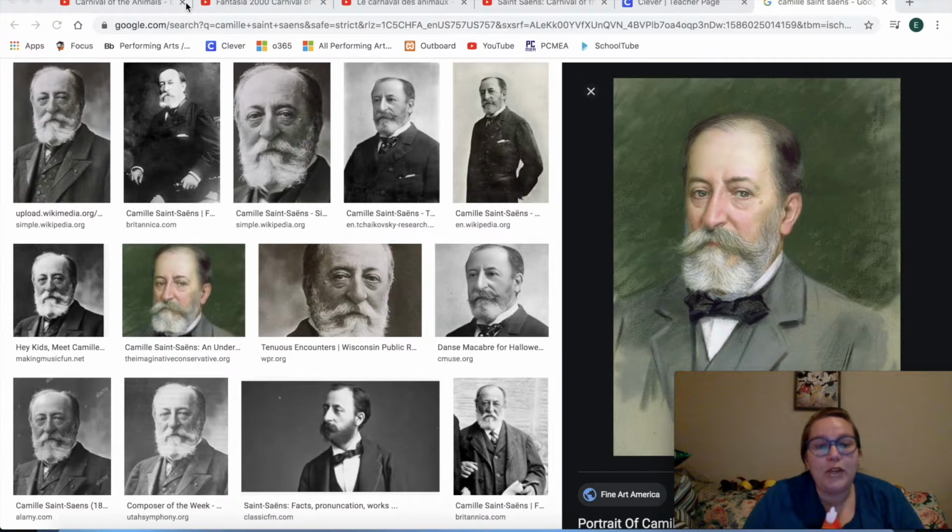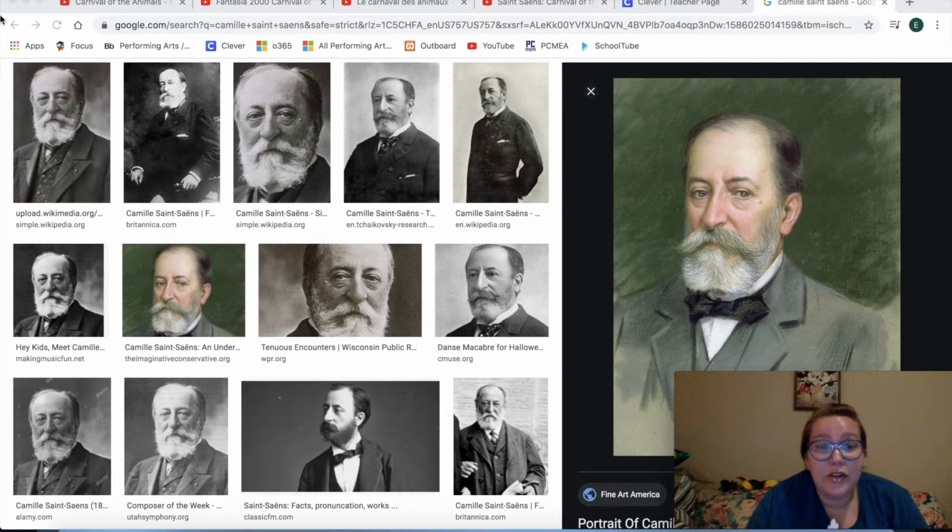So I'm going to make my window smaller, and there you can see a couple pictures of Camille Saint-Saëns at various ages. One of them has some color. That's the one that I pulled up to be a little bigger. He was born in the 1800s and died in the early 1900s. I think he was born in 1835, somewhere around there. Died around 1853. Now I don't remember. It's okay, you can Google it.